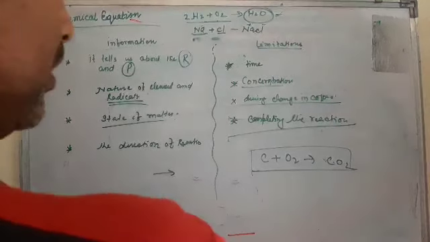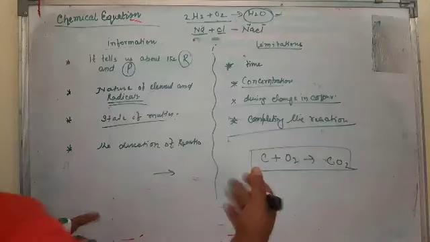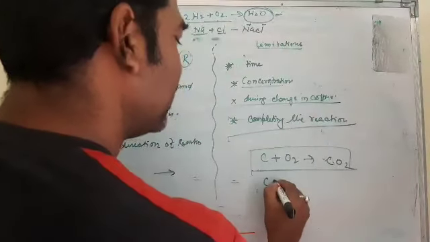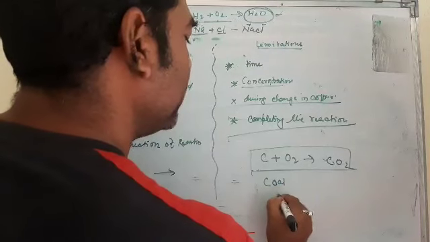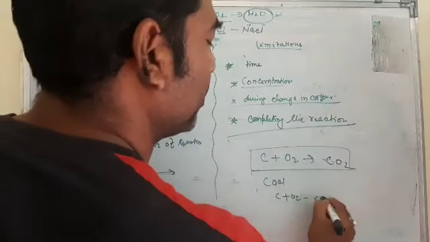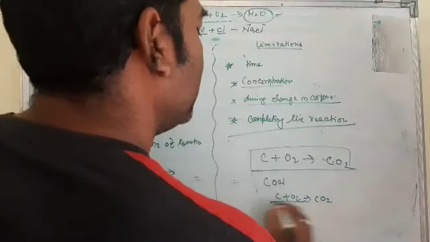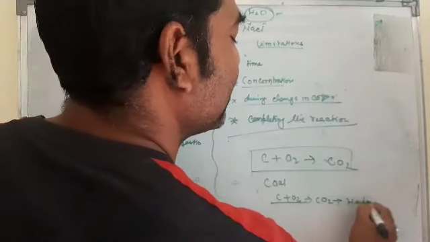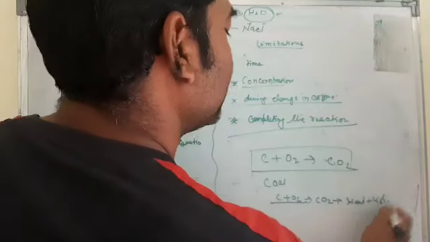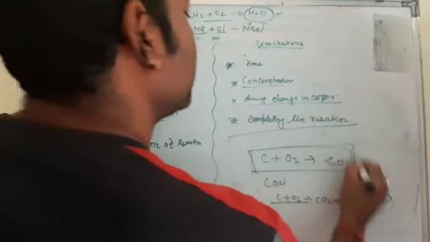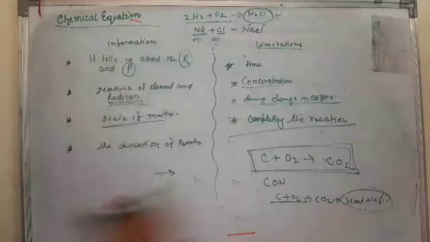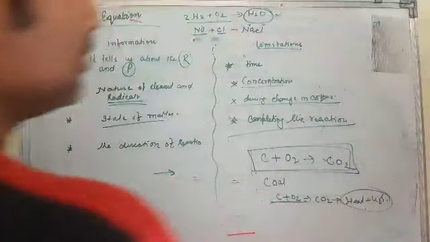In a chemical reaction, light energy is also formed. You can easily say burning of coal. Again I use burning of coal. So C plus O2 forms CO2. If it is coal, then what? CO2 is formed. Heat is also released and light is also released. But in the chemical equation, C plus O2 is equal to CO2. Then what about the heat and light? So it cannot tell us about the heat and light.